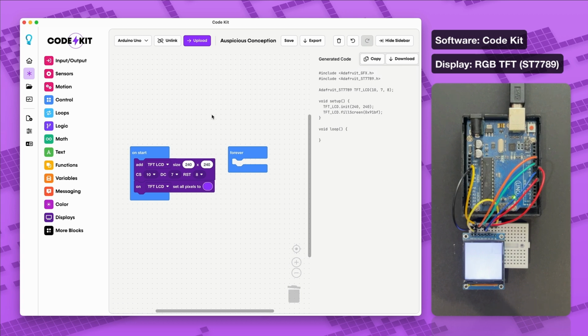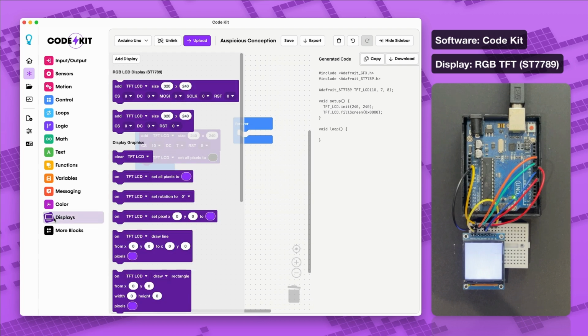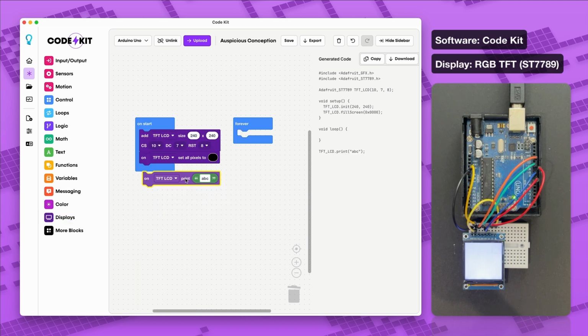Now that we've tested our display and we can see that it's working, we can just set that display to black, turn all the pixels off at the start, and we can get to displaying our text. So in the displays category, if we scroll all the way to the bottom, we have this display text section. Here we can click and drag this print text option. We can print a simple hello world,